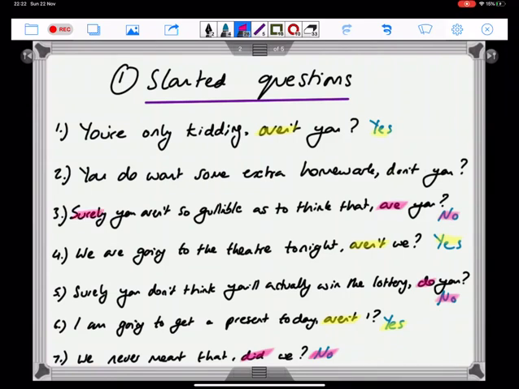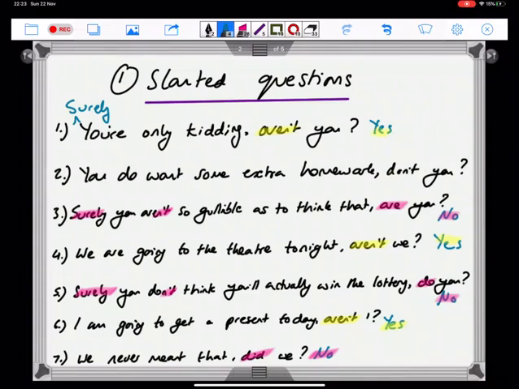You'll also notice there's the use of the word surely. So surely with a not there and surely with a not there are also correlated with the no answer. If I said surely you're only kidding and put a surely in there, you would be able to see that led to yes. So surely not leads to the answer no, surely leads to the answer yes. So we have ways in English of leading you to what the expected answer to a question is. You use words like surely, you use reinforcing statements such as aren't you, do you, don't you, to give colour and tone to your basic question.